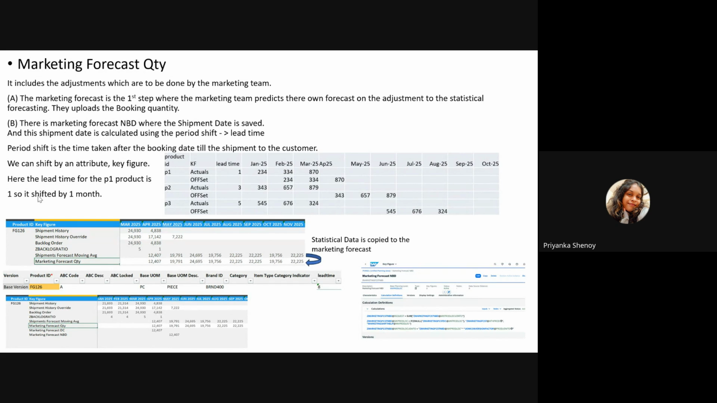The marketing forecast does the override also, if there is any adjustment or any of the data needs to be updated. And the marketing forecast, they upload the booking, like when the customer gives the booking date or booking quantity, how much it wants. So they upload it, and the marketing forecast NBD key figure is there, where the shipment, like when we have to